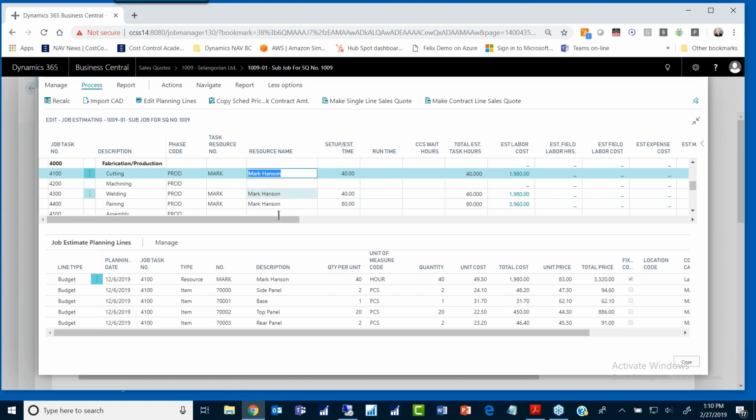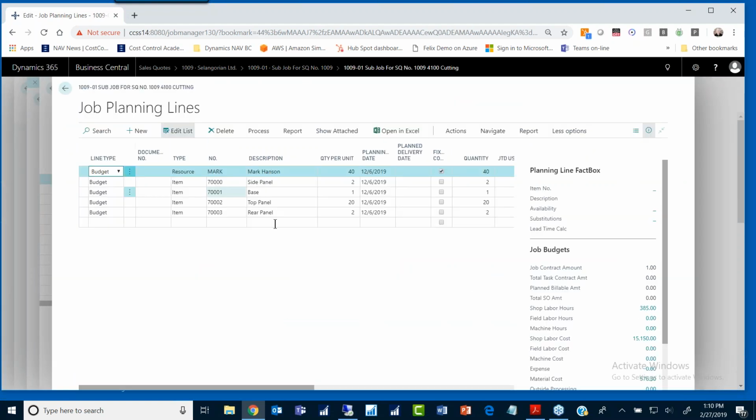Okay, so this is where, oh, and look on this one too. Now this is the fabrication. On this line that I'm on, I've also got some materials. So your bill of materials can be predefined in here. So when we do conveyor manufacturing, we always know we need 2 side panels, 1 base, 20 tops, 2 rear panels. So you can kind of predefine your bill of materials right here, but you still can always edit those